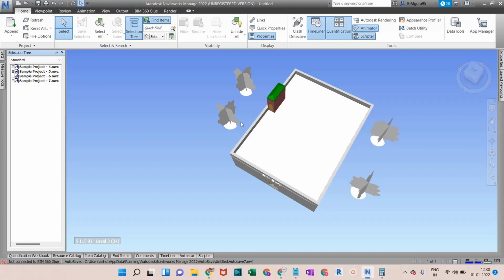Imagine you're working in Revit, then export the latest NWC files, replace them in the location where you previously placed your NWC files, and then open the NWF file. You can use this Refresh command to take the latest NWC files, and then it will be reflected in your NWF. That is an internal thing, what we can say.